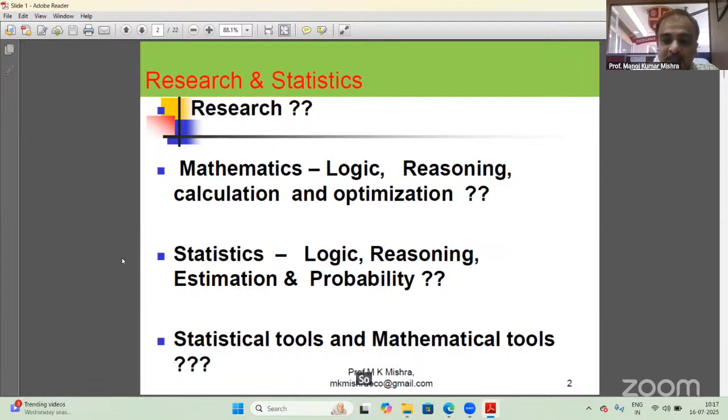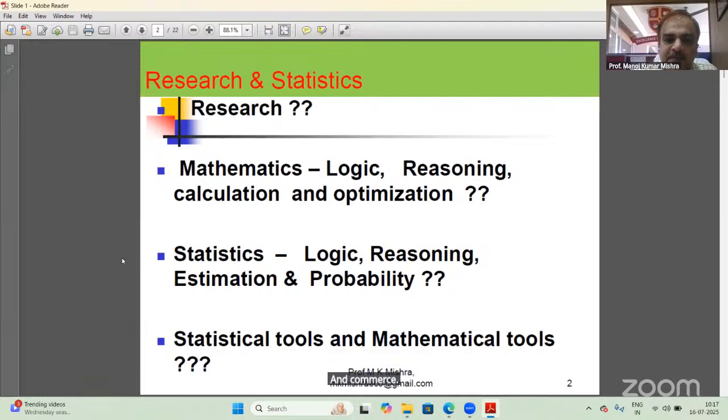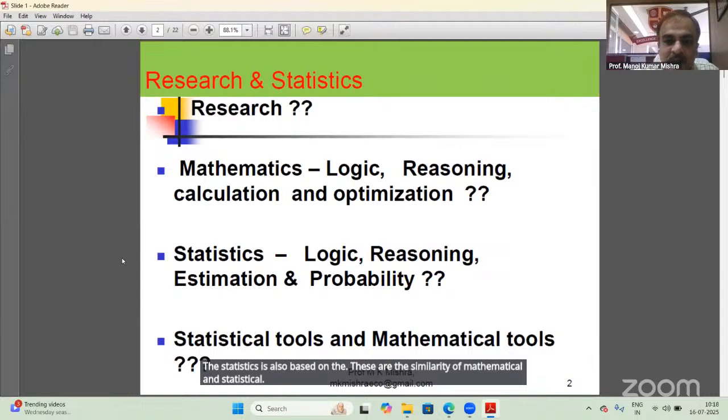There is very little difference between mathematics and statistics. However, mathematical and statistical tools are both known as the application of quantitative techniques in business and commerce. Mathematics is a logic. Statistics is also a logic. Mathematics is based on reasoning. Statistics is also based on reasoning. These are the similarities of mathematical and statistical tools in research. But